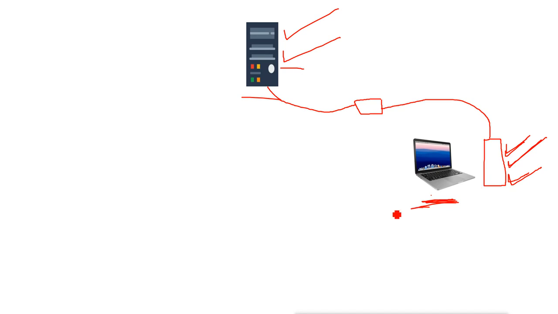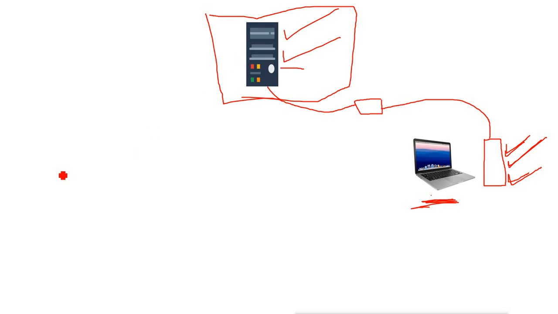Now in the thin client environment, what happens? We have a fat server. Fat server means everything will be installed here on the server: the RAM, hard disk, processor and applications, everything whatever the user needs.